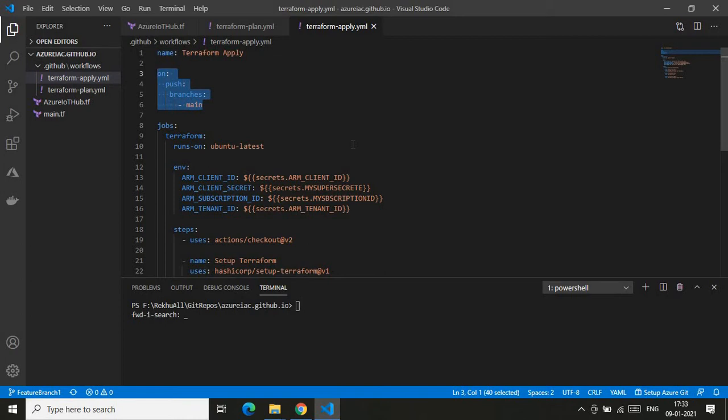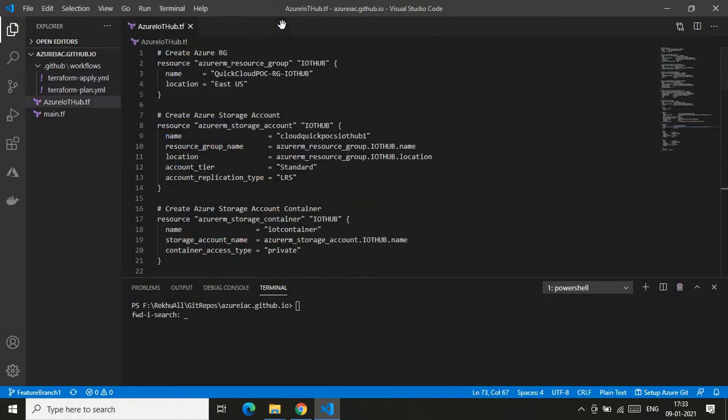Make a note that you should not directly commit any changes to your main branch, but always make a habit, or make a policy, in such a way that you always make changes to your main branch via pull request merge, from my feature branch to my main branch. So let's say we have merged our changes from the feature branch to our main branch, then automatically this file will be invoked and this file will do the required infrastructure provisioning. That's the reason this action is meant for. So that's about the required GitHub workflows, nothing but GitHub Actions files.